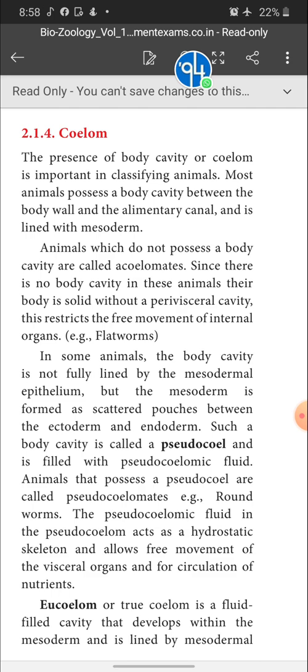What is acoelomate? A means no, as per biology. There is no coelom in the body of the organism. Those animals are called what? Acoelomate. Okay, and animals which have a coelom-like cavity, but it is not a true coelom, are called pseudocoelomate. Eucoelomate, the animal which possesses a true coelom, is called a eucoelomate animal. Let's see what is coelom. Coelom is nothing but a gap or a cavity present between the body wall and the digestive tract. Okay children,